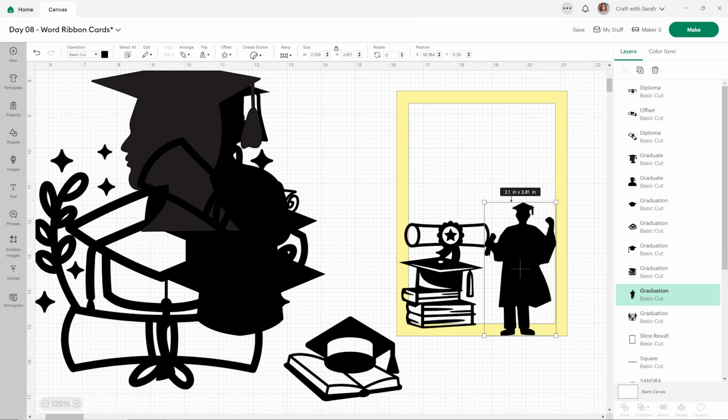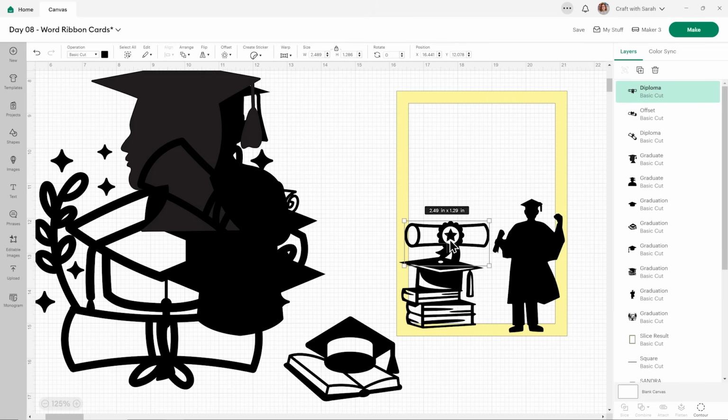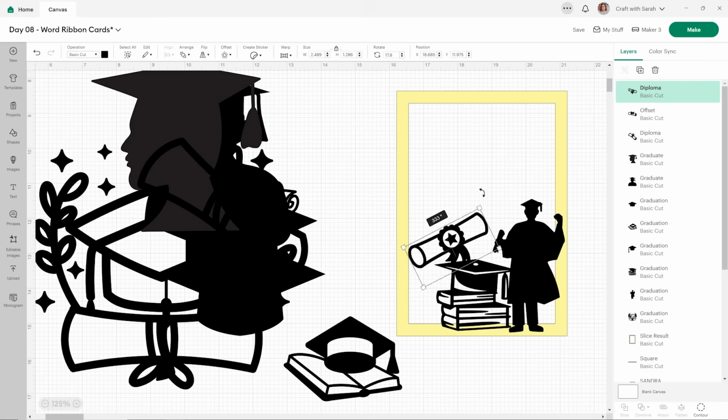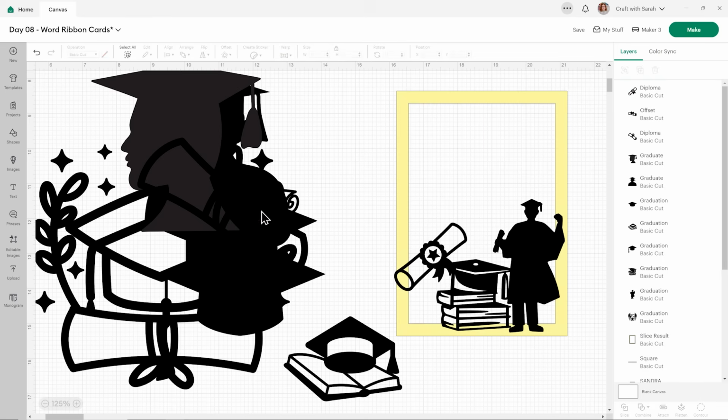I want these to not be too far apart in the top line, because otherwise it limits the amount of space you've got to add all your details. In fact, this is probably going out too far. Maybe if that one was over there and the diploma could go in at an angle here, that's probably better.